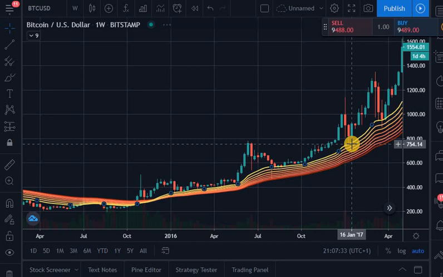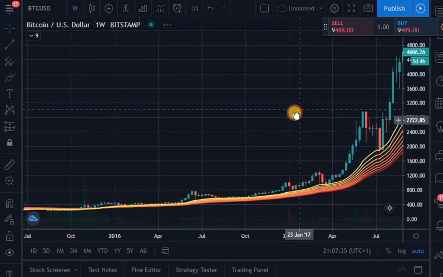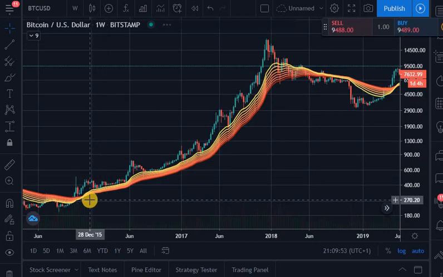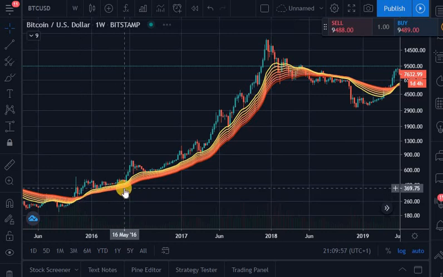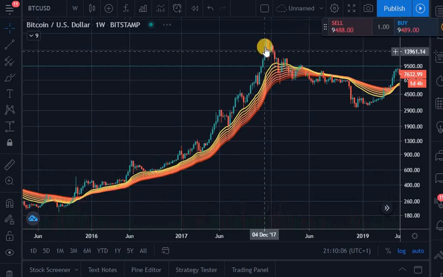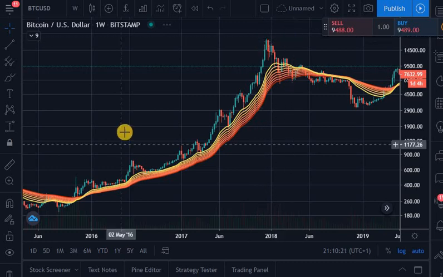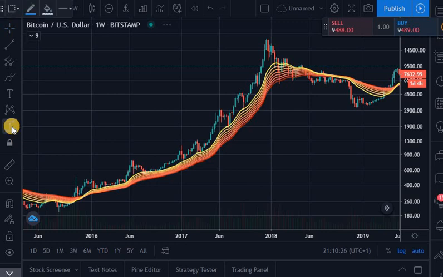If you buy low every single time in an uptrend, you are going to be making a lot of money. So if you had been buying from this point every single time it touches the ribbon in an uptrend, you are going to be in a profit when you sell at this top point. Let me give you the price range of where the price went to.